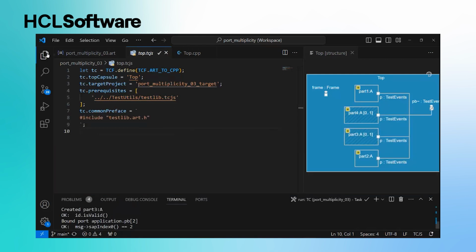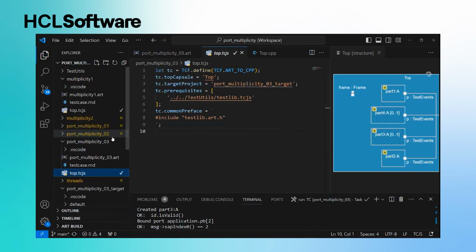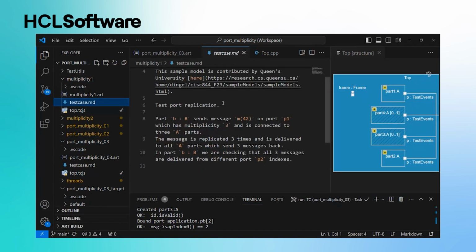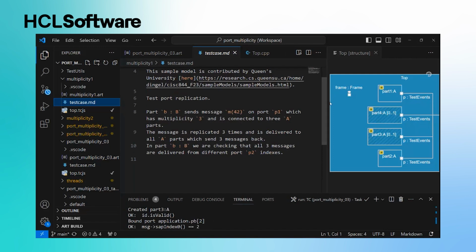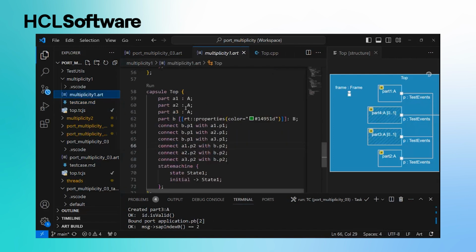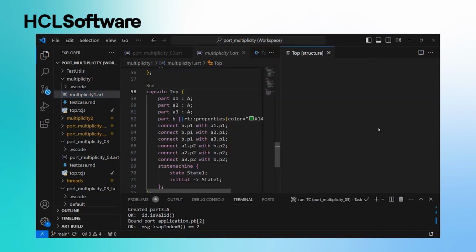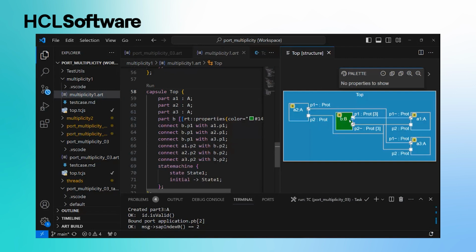So we can consider one more similar example that demonstrates how the ports are bound at runtime. This is the example Multiplicity 1, and this model was originally contributed by Queen's University. We have slightly changed it, and now it also operates as a test case. It is similar to the previous example, but in the structure diagram we can see that now we have port